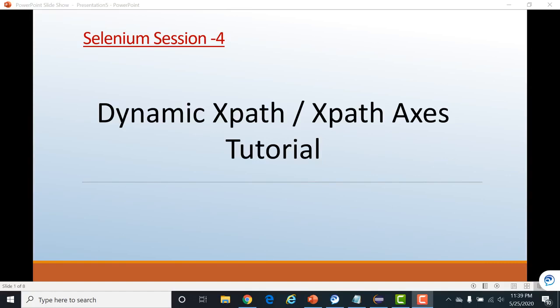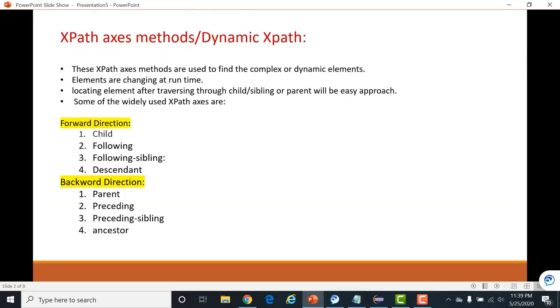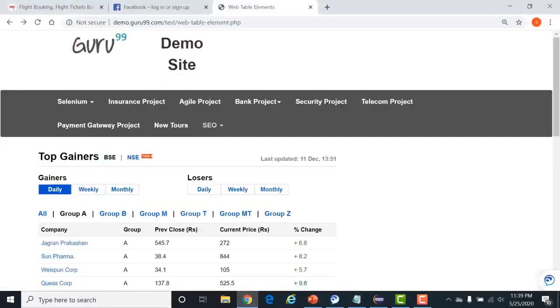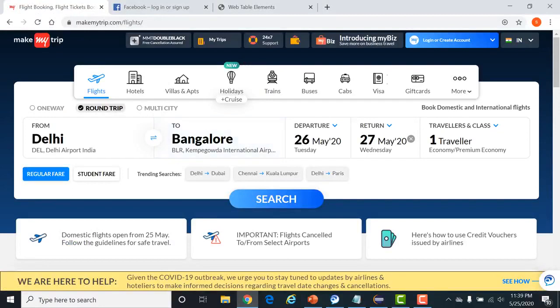Before going to dynamic XPath, I'll just tell you what the dynamic elements are. First of all, I'll go to the MakeMyTrip application. In this you can see some links provided by MakeMyTrip, like flights, hotels, villas, holidays. There are many more.